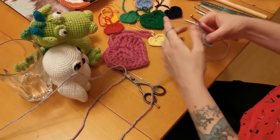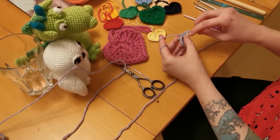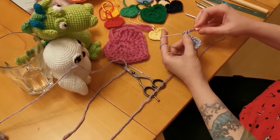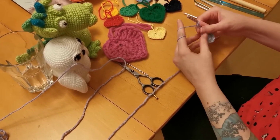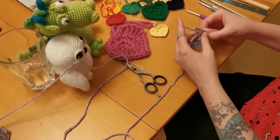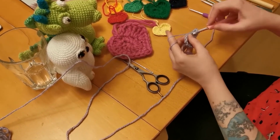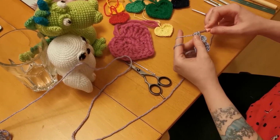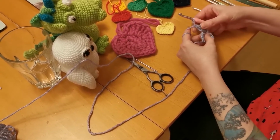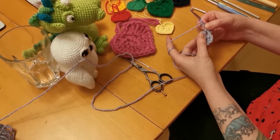twice around the hook rather than once, which you do for a treble. So you go 1, 2 this time, but if you always remember that you do 2 at a time, so you always go through 2 stitches at a time. And I'm going to do that 3 times, so that's 1 and 2, so you've got 3 double trebles, and then into the top of the next treble you want to do 3